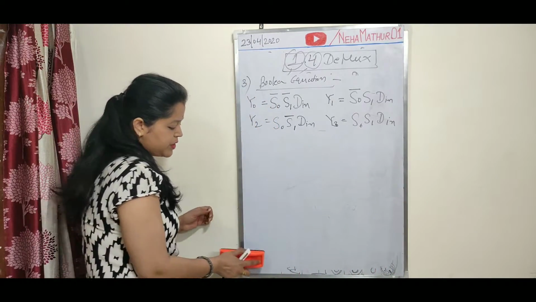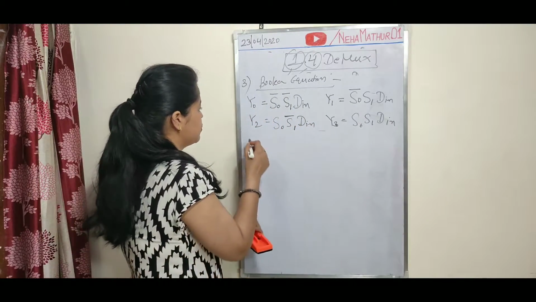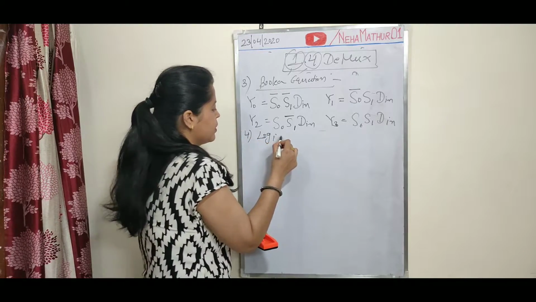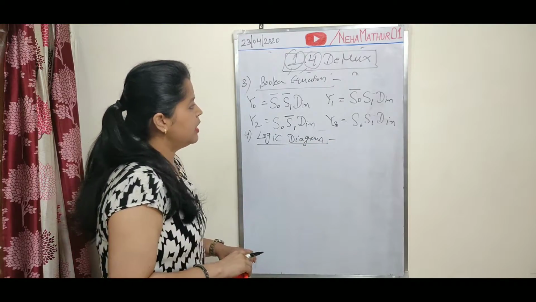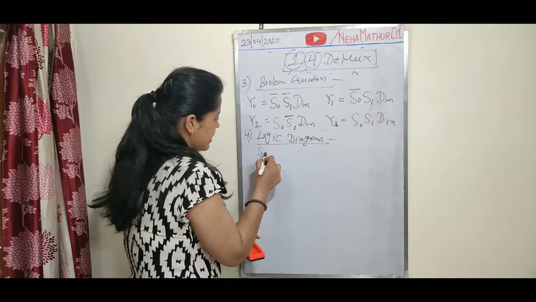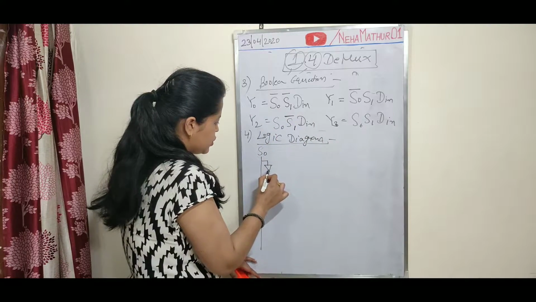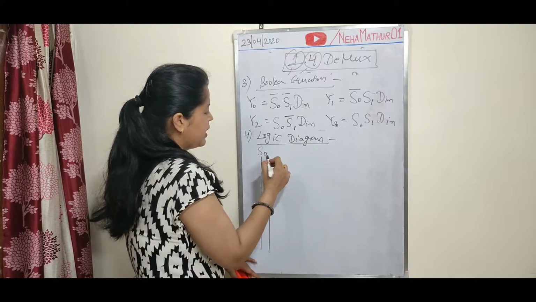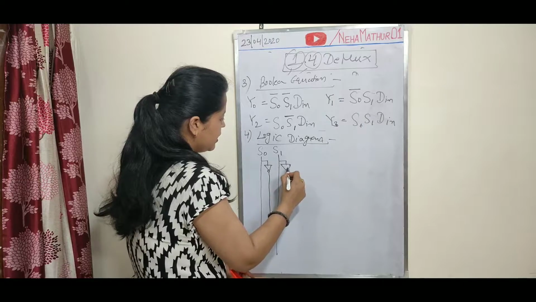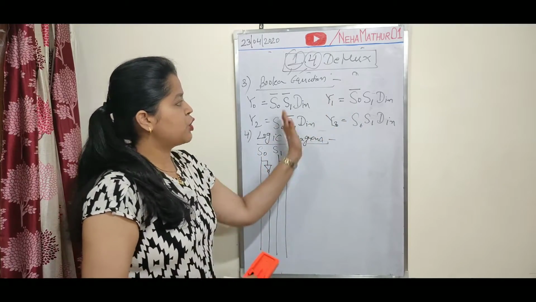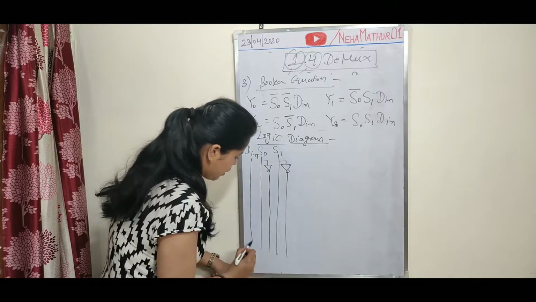Now you have all the equations. By following these equations, you can easily draw your logic diagram for the 1:4 demultiplexer. So, logic diagram or circuit diagram. Fine. Here you have 2 selection lines, so your first task is to mention S0. Since S0 bar is also used over here, I am using one inverter so that I can get S0 bar also. Similarly, one line for S1, one more inverter for S1 bar. Din is common in all the terms, so I am using one single line for the representation of Din.